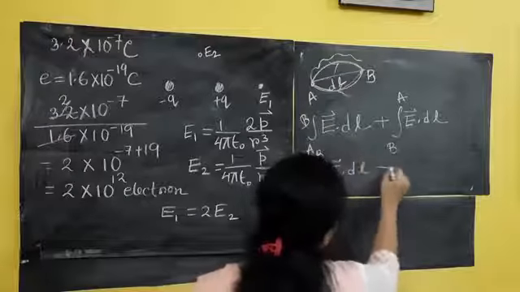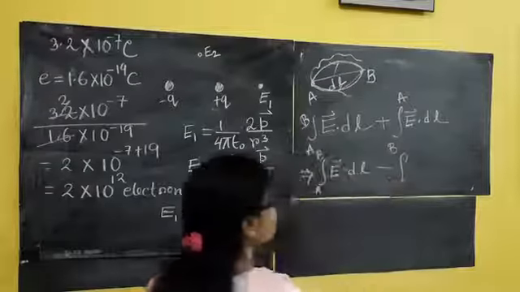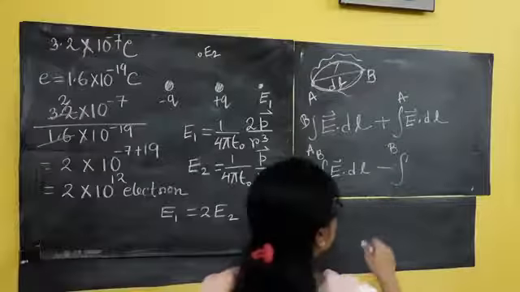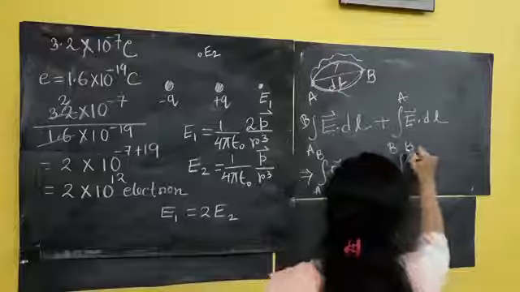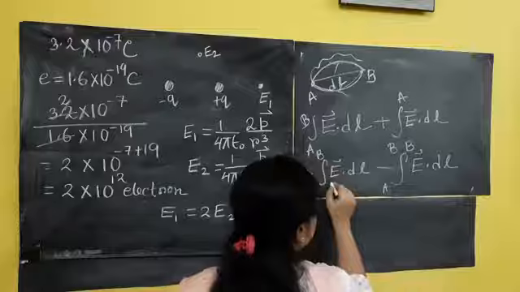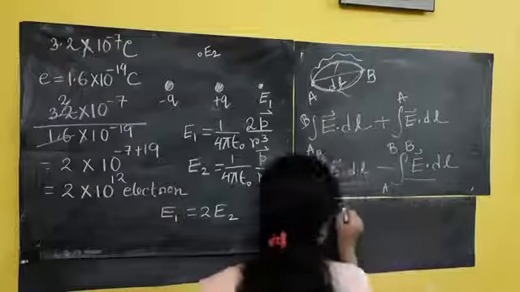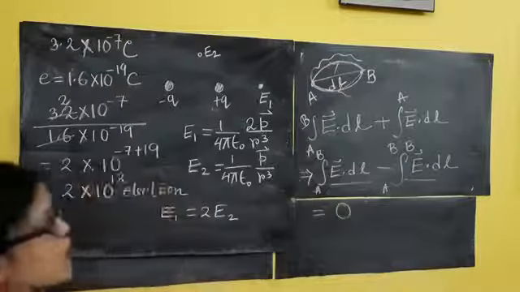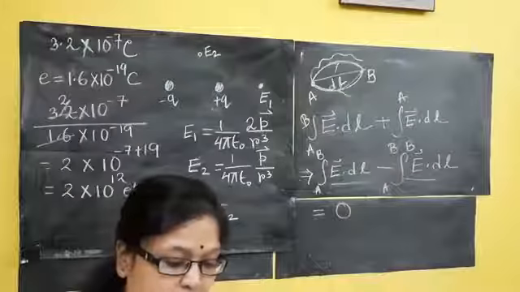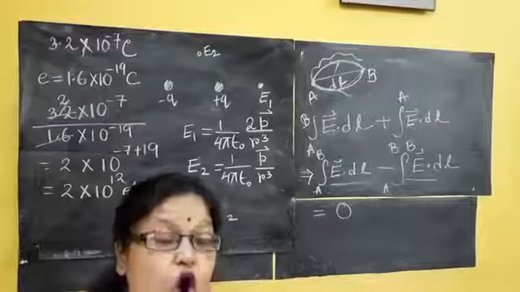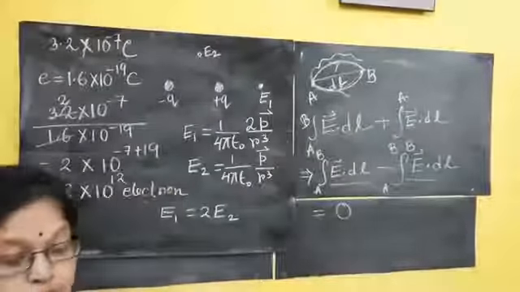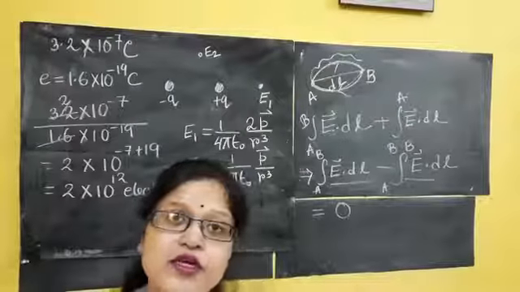If I change the limit, I will have a minus sign. We know integration: if I change the limit, I need a minus sign. So that will be minus the integral from A to B of E dot dl. So what is the total work done? This is positive, this is negative, meaning total work done is 0. What does that mean? The line integral of the electric field along a closed path is 0, meaning obviously it is a conservative force field. So this proof you need to do to prove that the electric field is conservative.